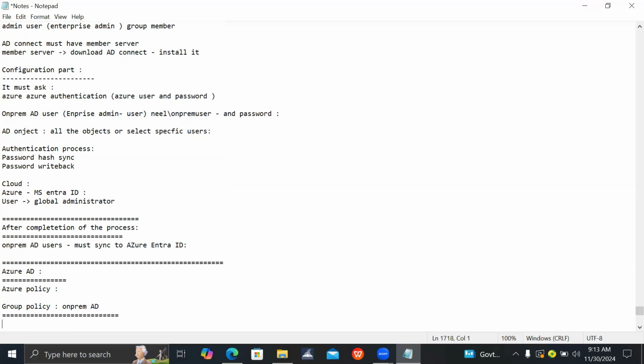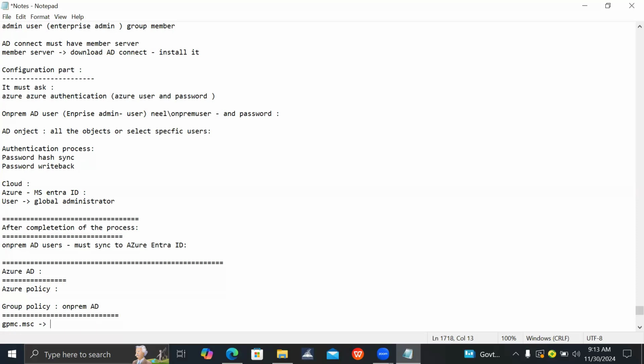If we have to push any settings on a complete OU or environment, we have to create a group policy, apply those settings in that group policy, and apply that group policy on a particular OU. So it can be applicable to all the users or computers of that particular OU. For example, a screensaver, or a wallpaper, or a watermark notice. Basically we would go to gpmc.msc, the Group Policy Management Console,